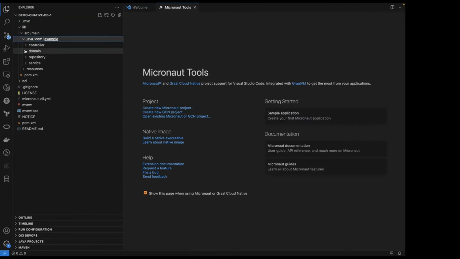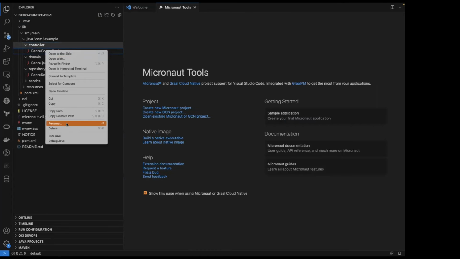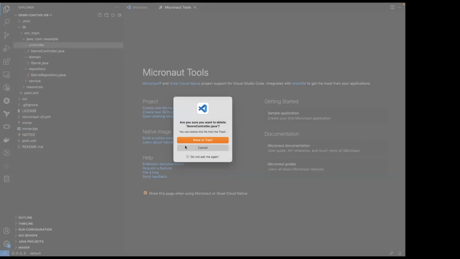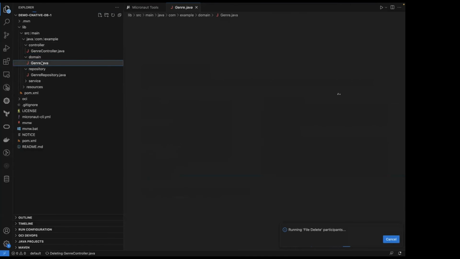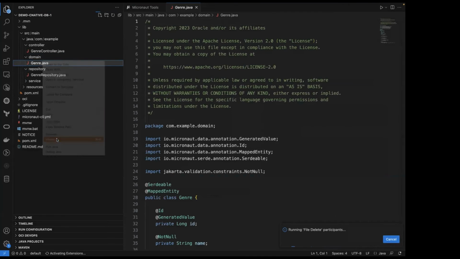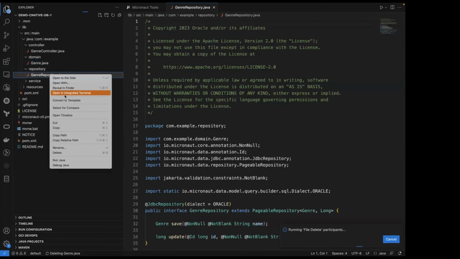So this comes with some controllers and things. I don't want those, so I'm going to get rid of these. This relies on Flyway to create a database schema for you. So I'm going to have to remove some of the standard stuff that's delivered with the sample code. And then we're going to connect it to a database.